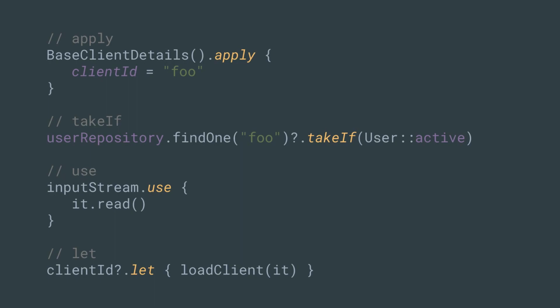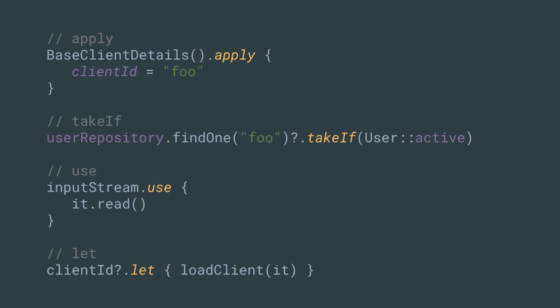You have that extension function called apply, which receives the instance that's being invoked on as a receiver, and allows you to do things to it, and in the end returns the same thing. What this is great for is, once again, one-liner functions, when you can just instantiate something you want to return, and then you can just use apply to do all the things. You don't have to actually create the full body, val client details equals base client details and blah blah blah, return client details. This allows you to make those transformations in a much more compact way.